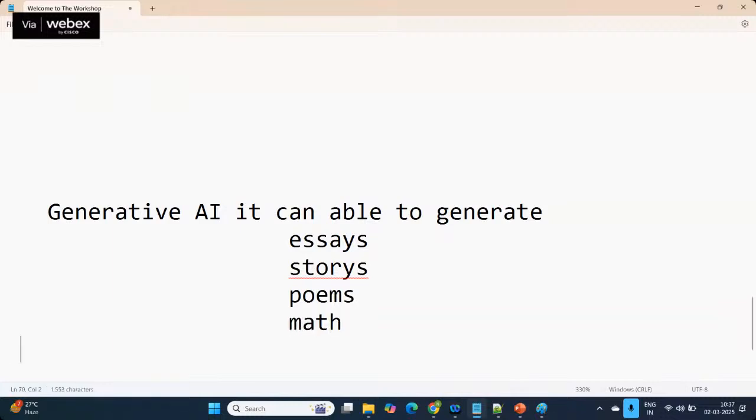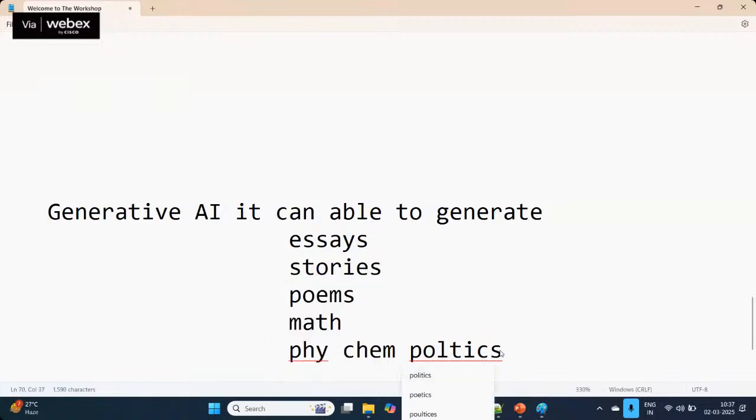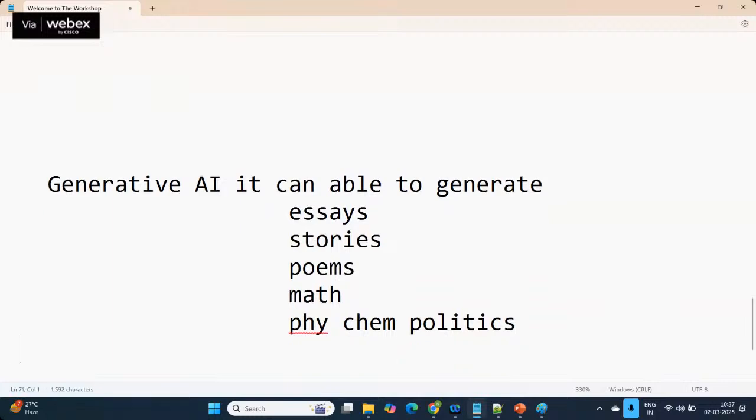You can ask any question from physics, chemistry, politics, history, whatever it is. Any question you ask, it is able to answer. Also, it can able to generate your images,